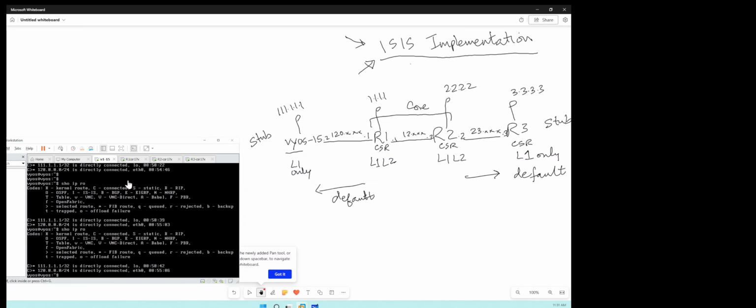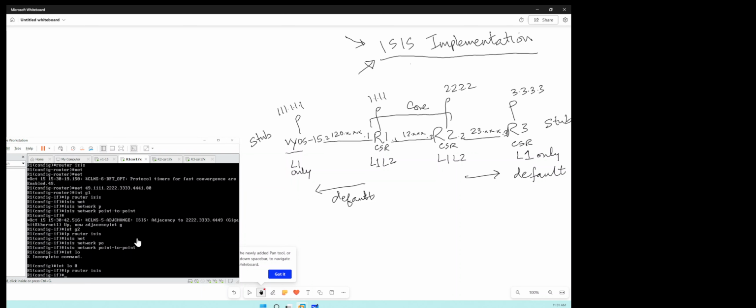And it's not revealing the route, and there's a reason for that, because that's how Cisco has implemented it. You cannot redistribute L2 routes into L1. You have to explicitly do it. There's no implicit route leaking. All right, so we'll take care of that, but do show ISIS